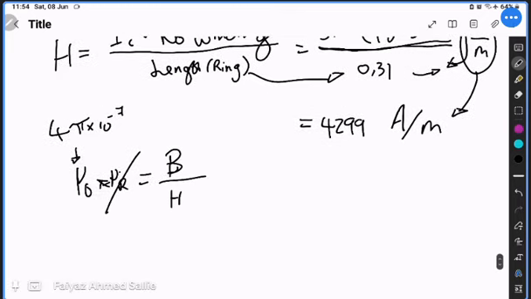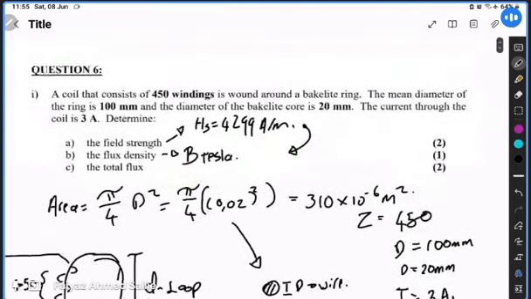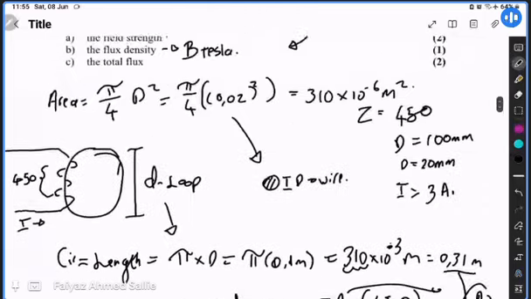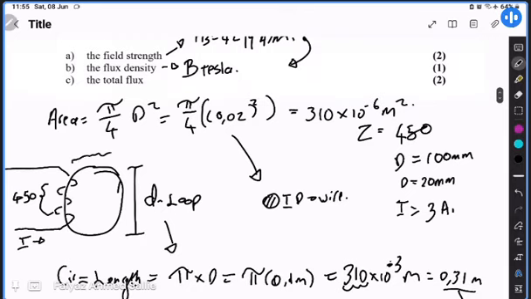So I think we can solve for B, the flux density. So B, magnetic flux density, is equal to the permeability of air multiplied by the field strength. So why do we use air? Remember that around this device there's air here, right? And it's quite different for